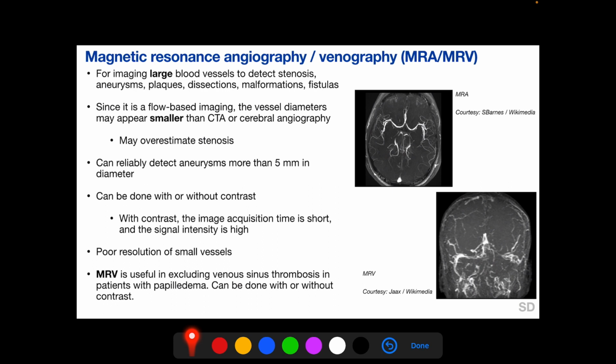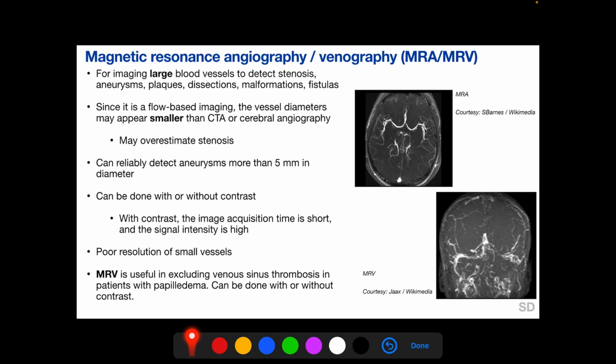Since it is a flow-based imaging, that is, it is actually detecting the flowing blood in the blood vessels, the vessel diameters may appear smaller than on computed tomography angiography or cerebral angiography. Thus, it may overestimate a stenosis. MRA can reliably detect aneurysms more than 5 mm in diameter and can be done with or without contrast. With contrast, the image acquisition time is short and the signal intensity is high. However,